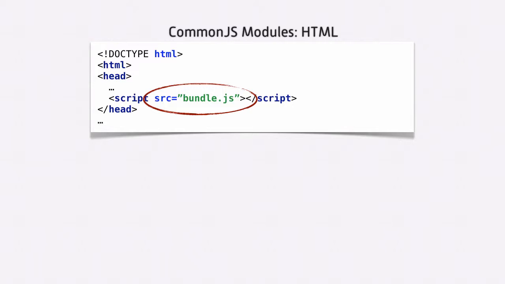It's going to point to line numbers in the bundled file rather than your original source file. Now, you can work around that using source maps, but it's kind of a hassle. And similarly, when you're using a testing tool like Karma, unless you have special code written to handle CommonJS, what you'll get is line numbers from your test bundle, which won't be very helpful when you're trying to debug test